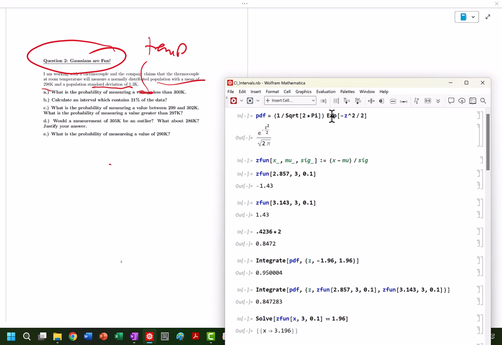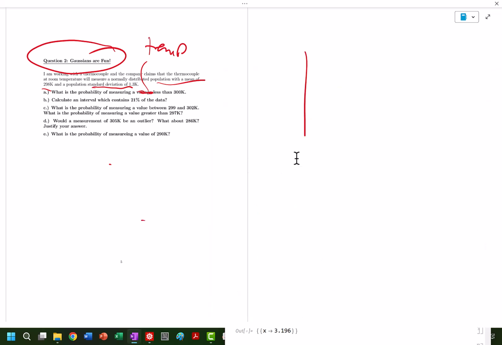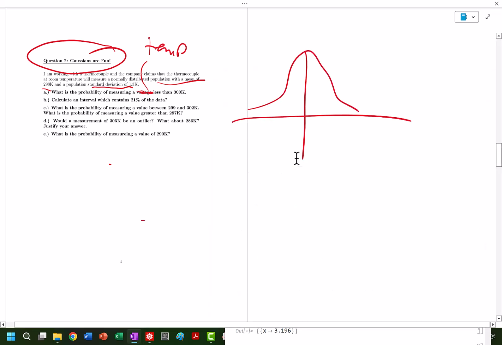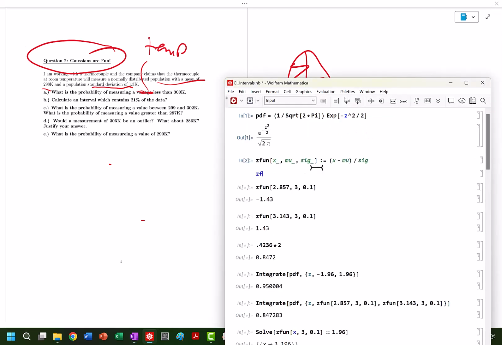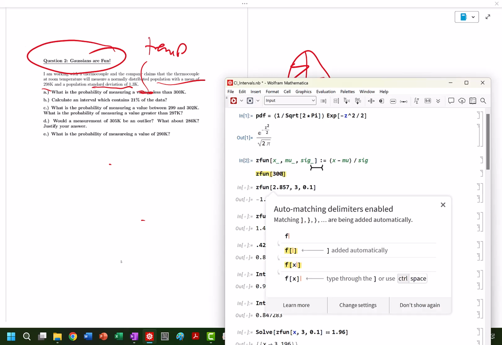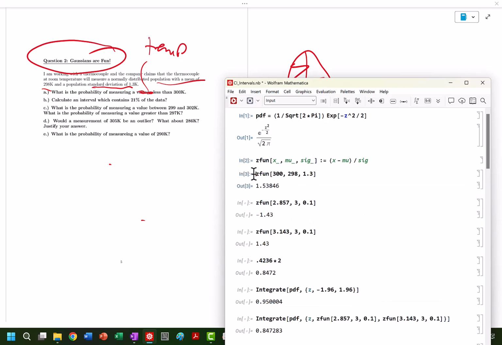So we're going to pull up our PDF. We have our Z function. So again, it'd be helpful if we draw this as well. So 298, so 300 K is going to be around here. So it's going to be this. So that better be greater than 0.5. So let's go ahead and do our Z function, where X is 300, our mu is 298, and our standard deviation is 1.3. And let's integrate